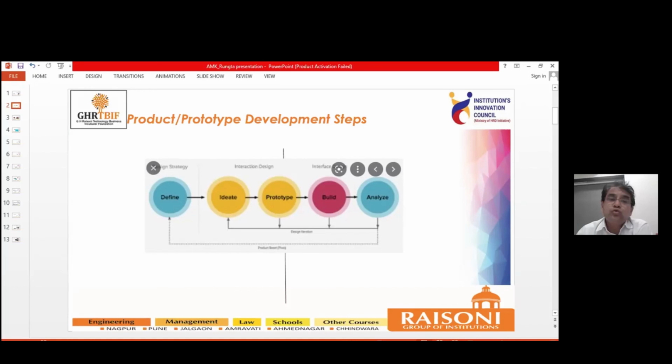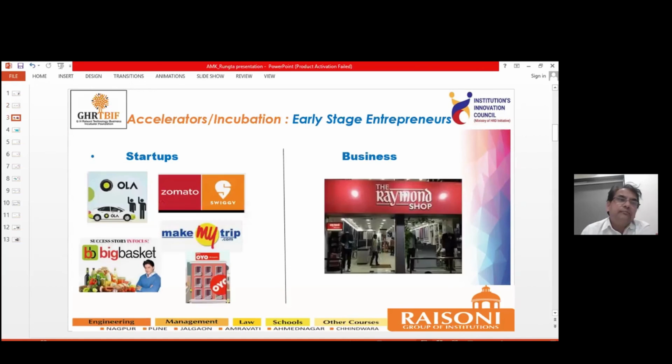Now, the second part of this presentation. You may have a very good idea regarding product development, but that is not enough, because as engineering students or engineering faculty, we can develop things only in the technical aspect, but how do we convert it into a startup? First of all, let's try to understand, in a very short way, what basically a startup is, what is business and what is a startup. In my slide it is very clear. If I want to open the